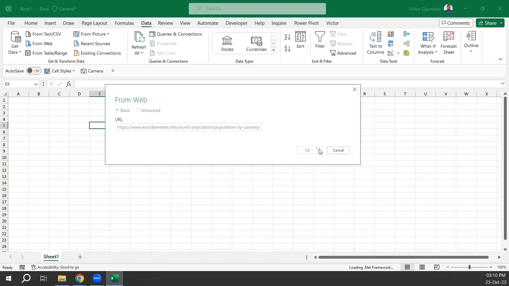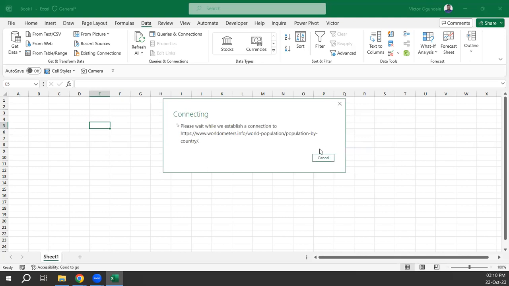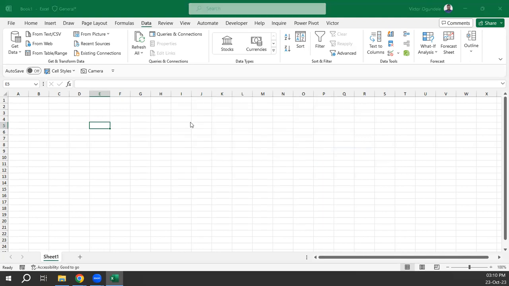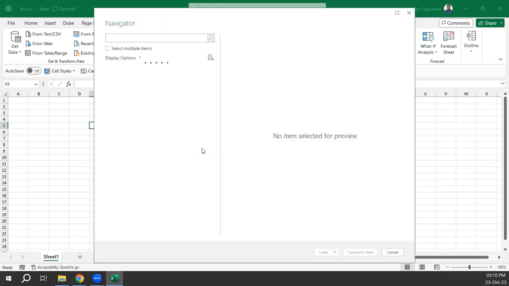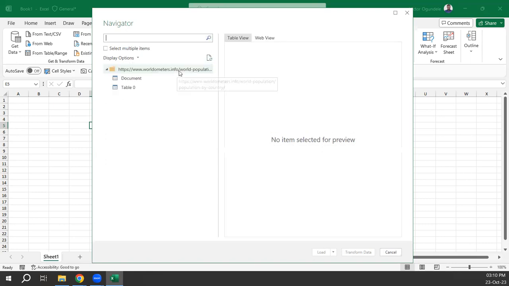Times can be slow, depends on your network and also your Excel as well. So it's going to show that it's establishing the connection, and it's going to take you straight to a Power Query navigator, right? So you can see that it's still loading. So let's give it like a minute. Okay, yes, so we have it. Now, immediately this opens up,